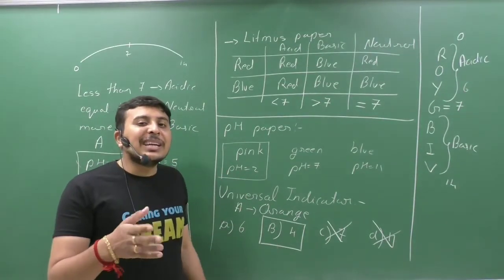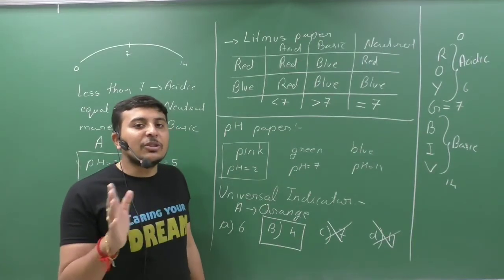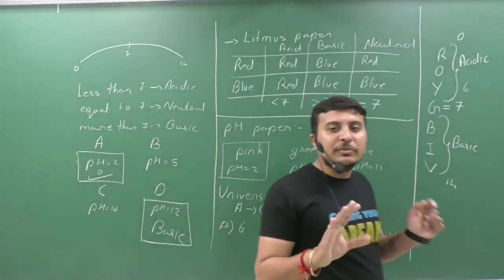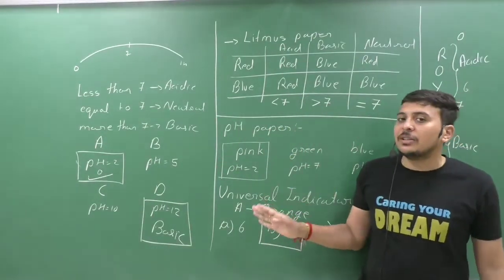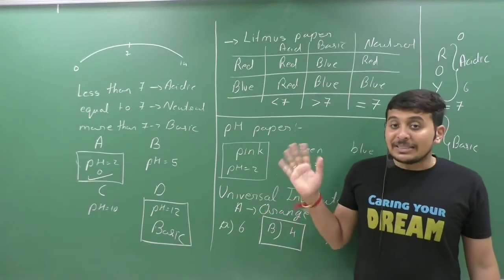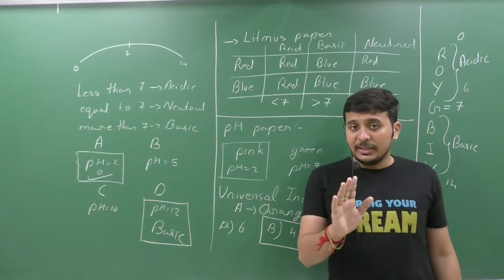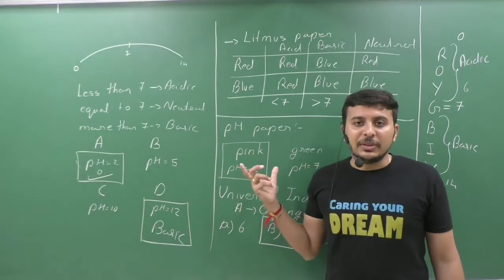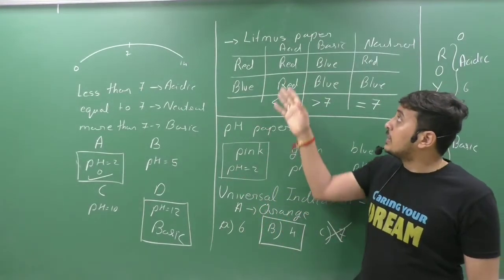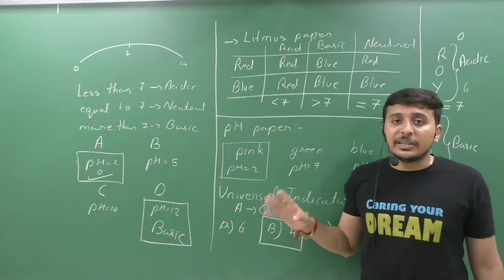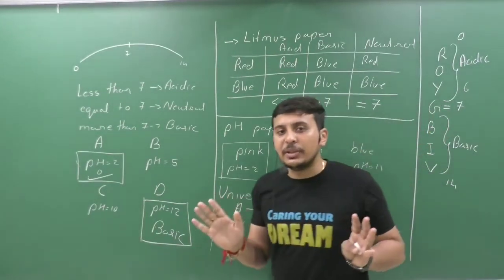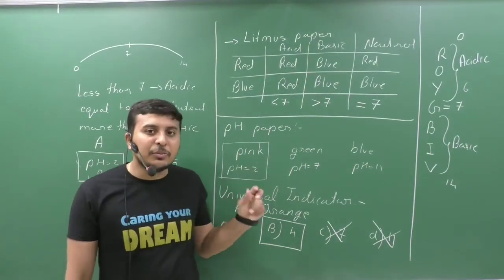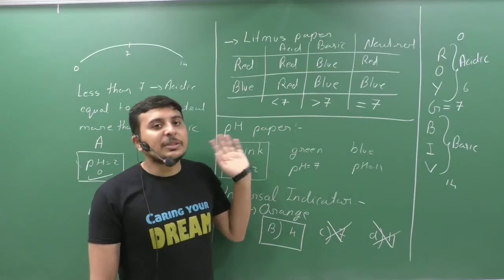Clear? So it can have the approximate value, it cannot have the exact value. We do not have an exact value by seeing the color of the solution. By seeing the color of the solution we cannot have the exact value, we have only approximate value. And so none of litmus paper, pH paper or universal indicator, none of the three indicators can have the exact value. Yes, but instead of litmus paper we can use pH paper and we can have a more precise value than the litmus paper.